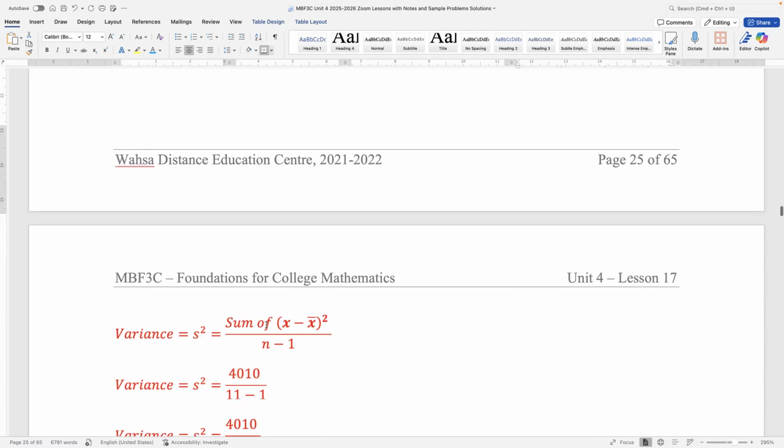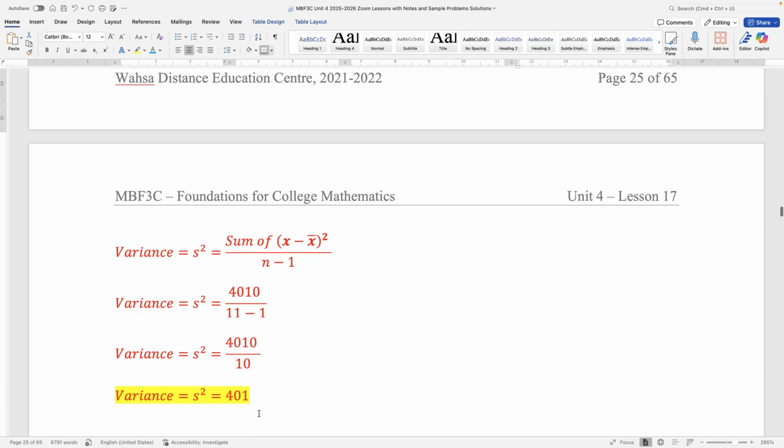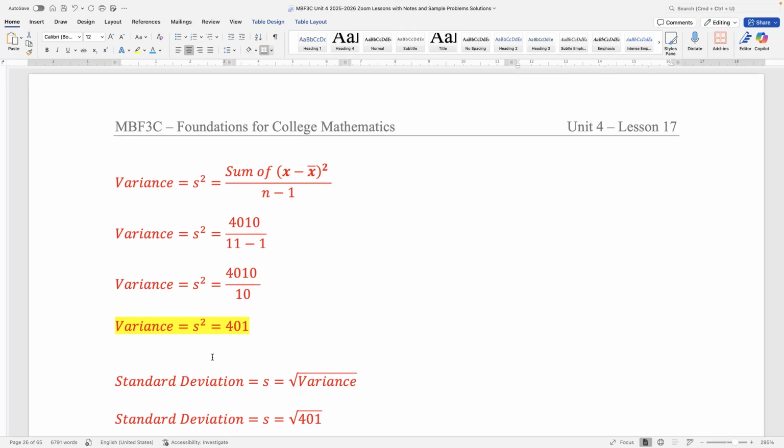That sum, 4,010, is divided by N minus 1, where N is the number of values we were given. We were given 11 values, so 11 minus 1 is 10. So the variance, which we write as S squared, is 4,010 divided by 10, which works out to be 401. That's the variance. The standard deviation is simply the square root of the variance. So standard deviation, the letter S, is the square root of 401, which works out to be